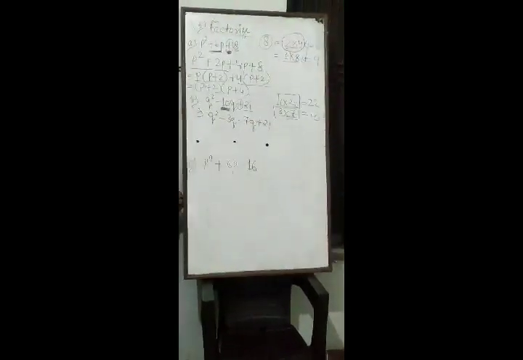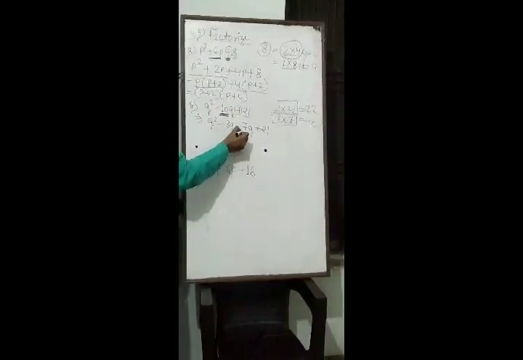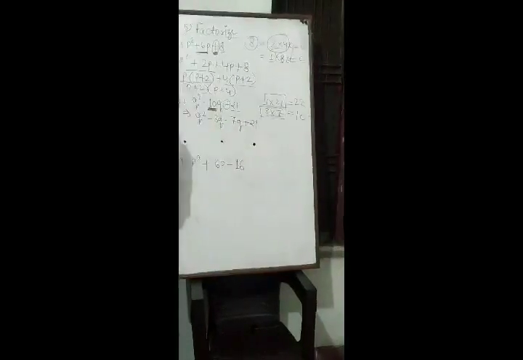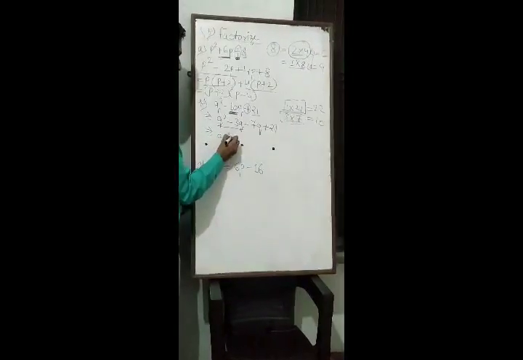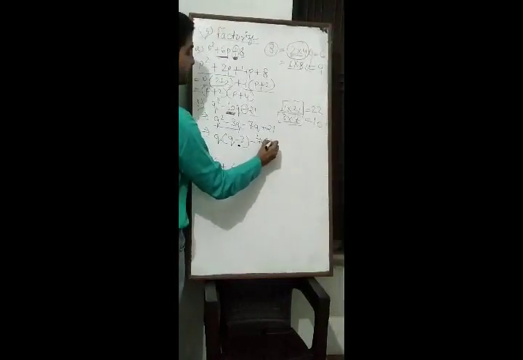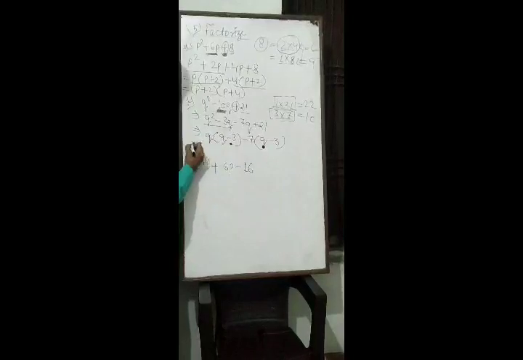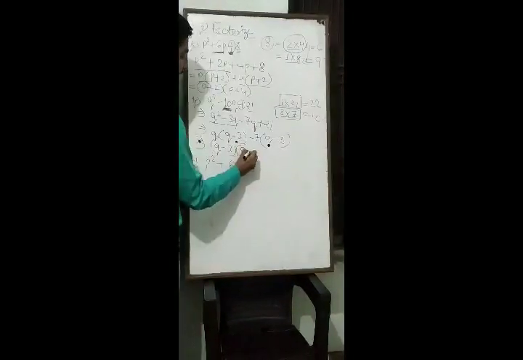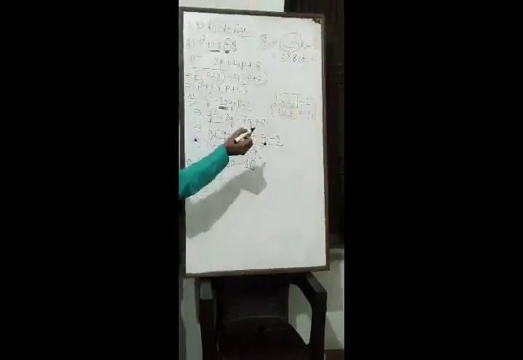Student, let's see a very important thing. If the minus sign is here, we will take minus 3q and minus 7q here, because when we add this value, it will be minus 10q. Now, pick the common from the starting two terms. q will be the common. q minus 3 will be remaining. And from the last two terms, minus 7 will be common. So, what will be remaining? q minus 3. Now, from here, what is remaining? q minus 3 in one bracket and q minus 7 will be in the second bracket because q minus 3 is common in both terms.